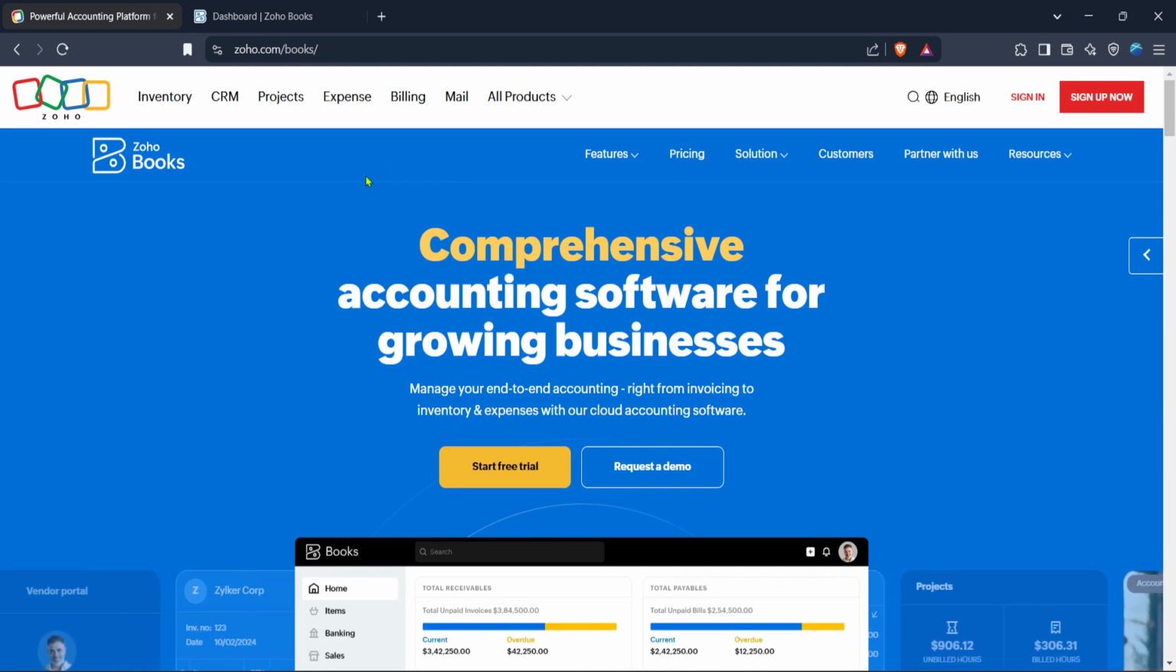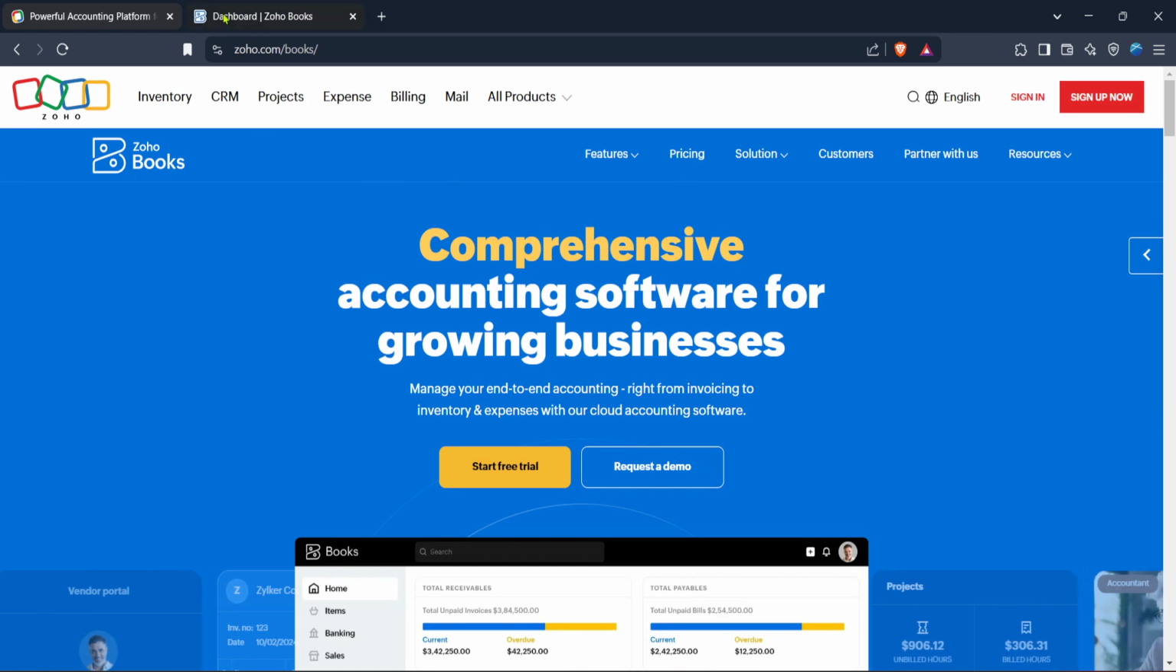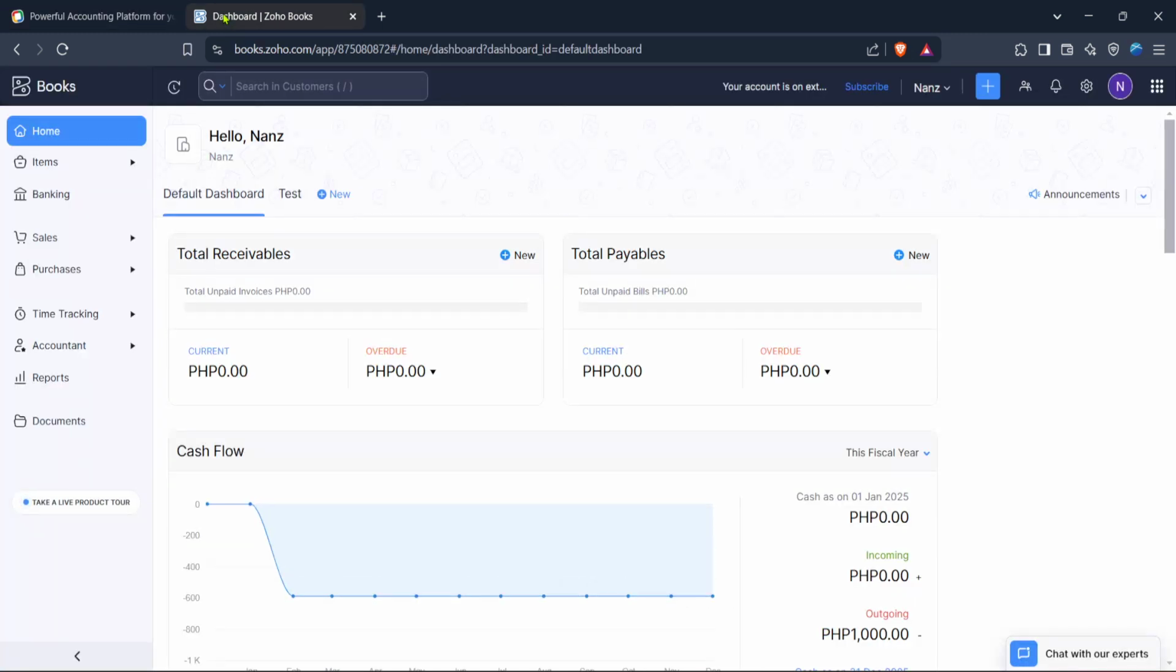After signing in, you'll find yourself on the Zoho Books home dashboard. This is your command center where you can manage all your financial data. From here, look towards the top right corner of the screen and click on Settings. The Settings menu is where you'll find various customization options and tools that allow you to configure Zoho Books according